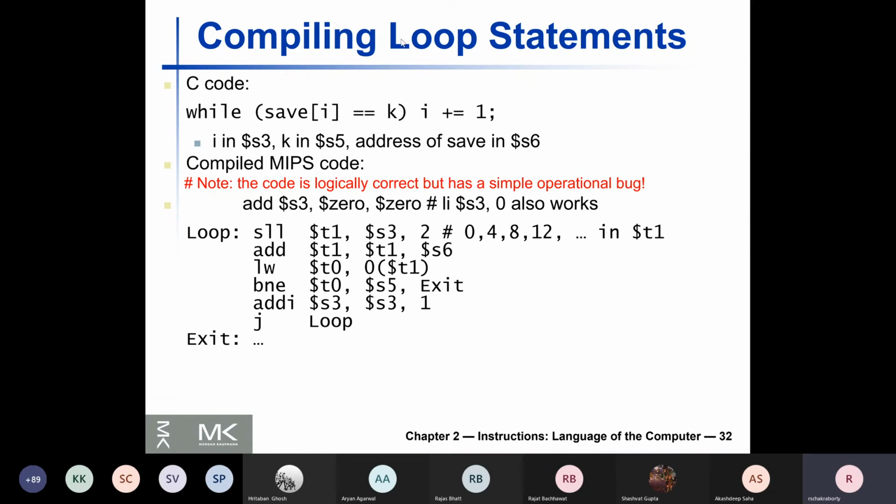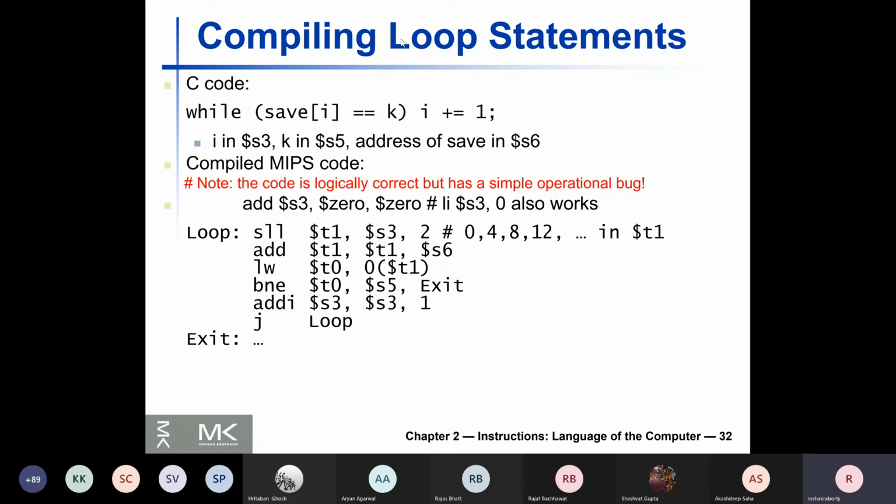The meaning internally is *(save + i). That is what is happening. That pointer arithmetic, how it gets converted in assembly language, is being shown here. If you want to perform the pointer arithmetic in a simpler way, just by arithmetic additions with 4, fine, you can do it, no problem.